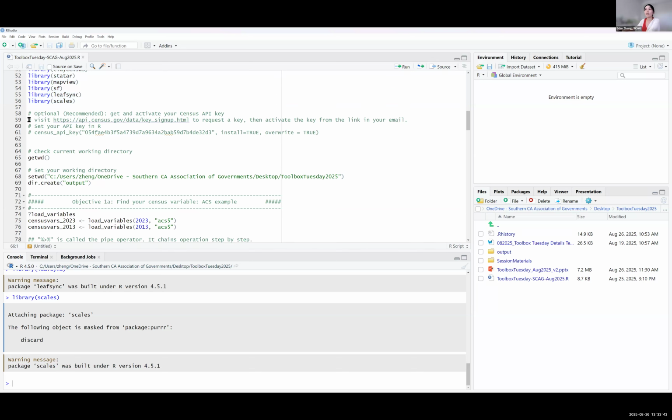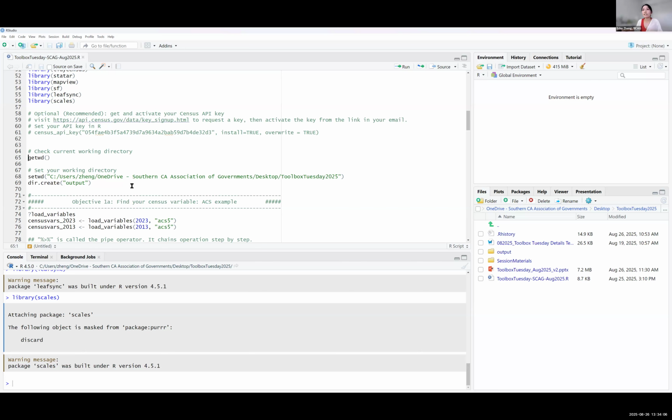One thing here is that you can also go through the instructions here, not through R, but separately, to get a Census API key. It's not a requirement. Today I'm not calling my Census API key, but it's a recommended thing to do.